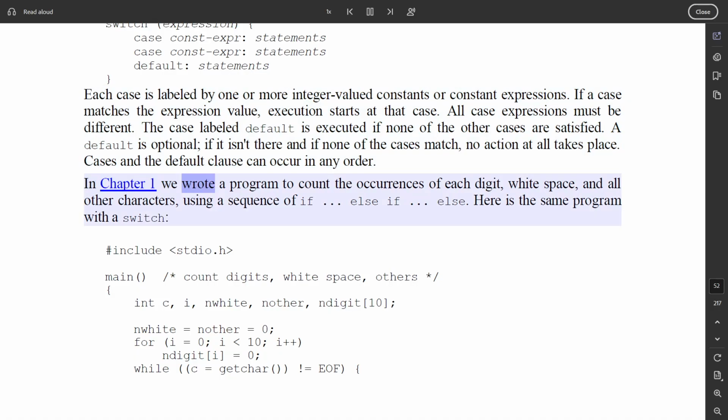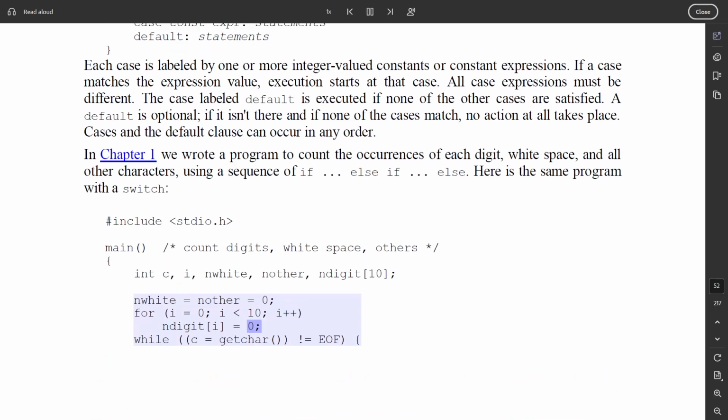In Chapter 1, we wrote a program to count the occurrences of each digit, white space, and all other characters, using a sequence of if...else. Here is the same program with a switch. #include <stdio.h> main() { /* count digits, white space, others */ int c, i, nwhite, nother, ndigit[10]; nwhite = nother = 0; for (i = 0; i < 10; i++) ndigit[i] = 0; while ((c = getchar()) != EOF) {